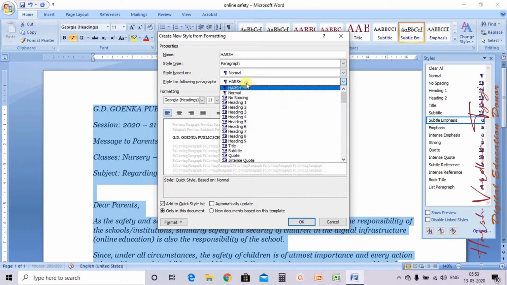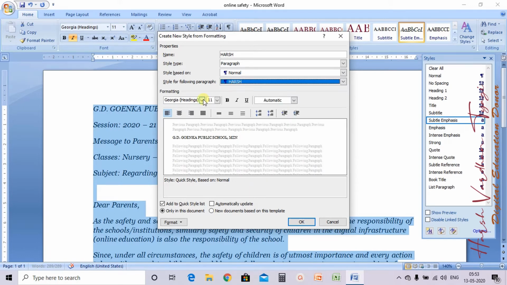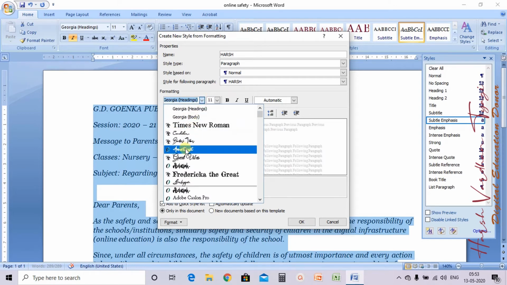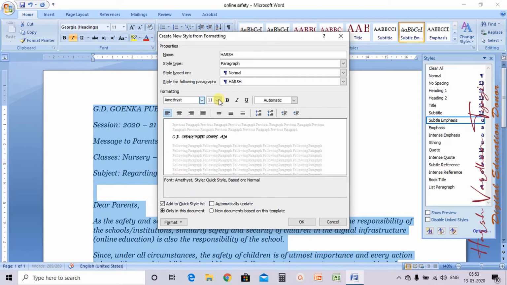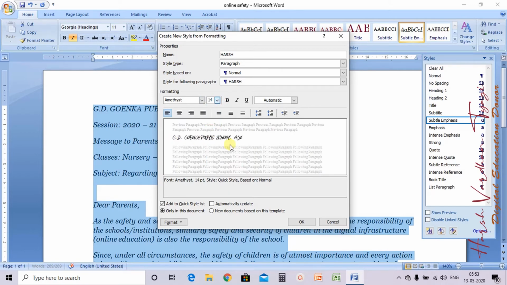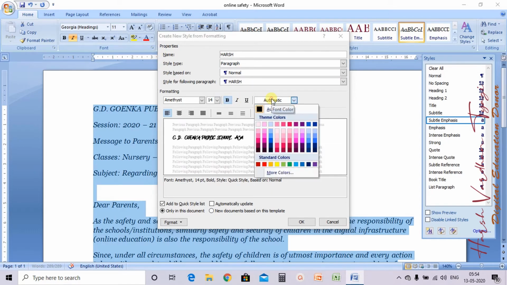Style for following paragraph, and Formatting. Now see here, whatever changes I am making, it is recording here: font, then font size, then style, Quick Style based on Normal. Then suppose I want to make it bold also, then color; suppose I want to choose the color also.